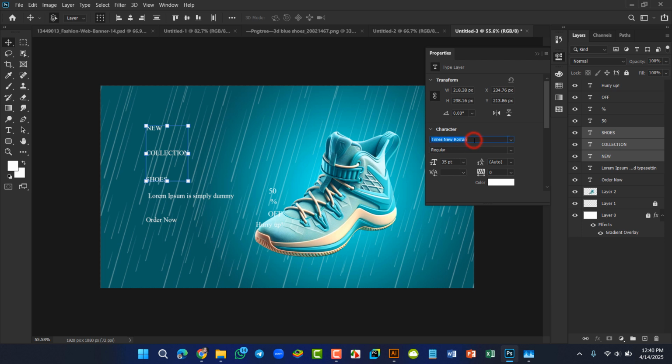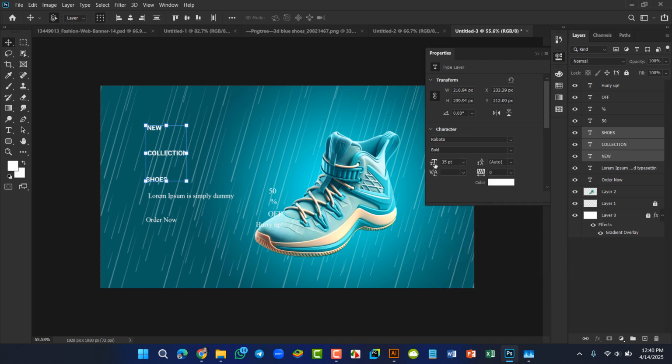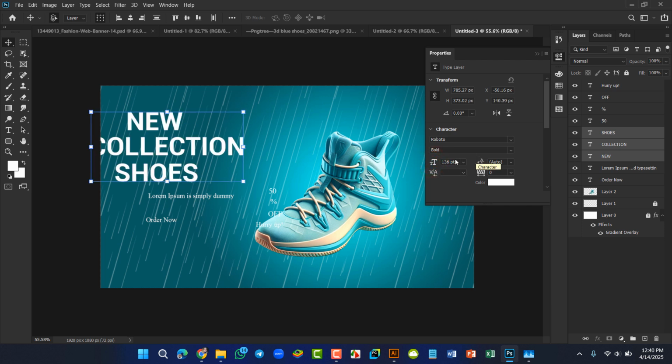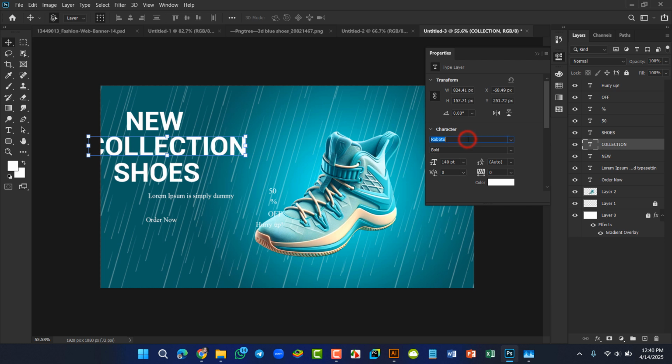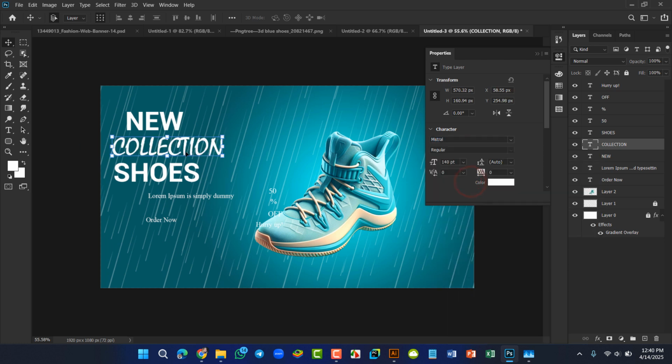So here we choose Roboto. This is a free font, you can download it from online. Bold, and size is 140. Okay, and here I choose a font from here, Mistral. Okay,